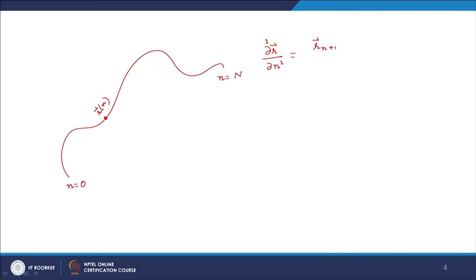So, if I now approximate the model as a continuous model, which is going from n equal to 0 to n equal to capital N, and R being now a function of the contour variable n, then in that case ∂²R/∂n² can be approximated by R(n+1) + R(n-1) - 2R(n). It has to be divided by Δn², but Δn is equal to 1 in this case, and increases in increments of 1. So, we get this particular relation,